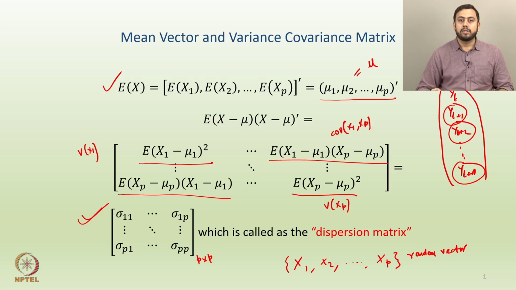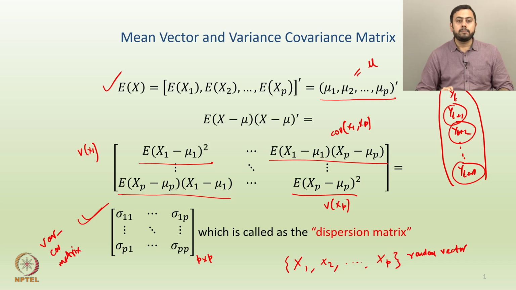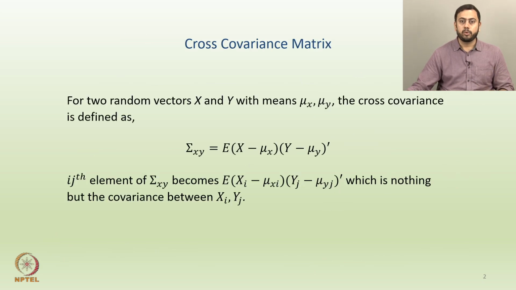In other terms such a matrix is also called a dispersion matrix. Okay. So, this is also called a variance covariance matrix, by the way. So, this matrix is called a variance covariance matrix, right, because it sort of combines all the variances and all the covariances among the random variables inside a random vector. Okay. And the other name for a variance covariance matrix in time series terminology is also dispersion matrix. Okay. So, hopefully all these elementary ideas are clear before we proceed.